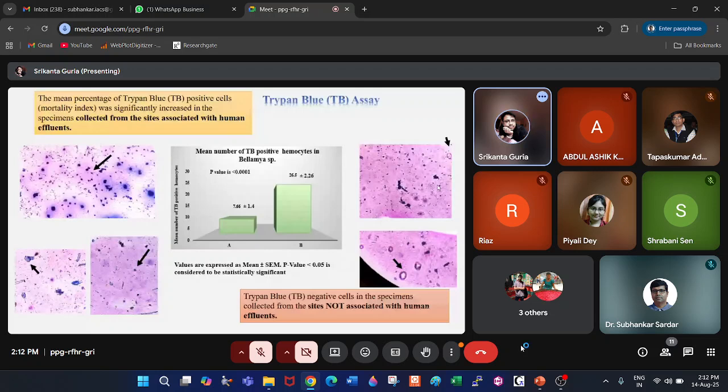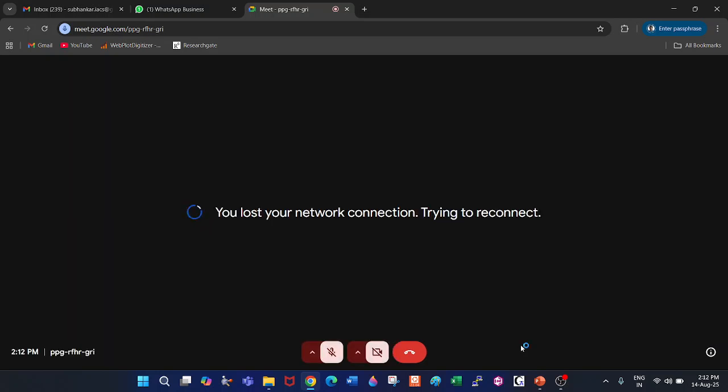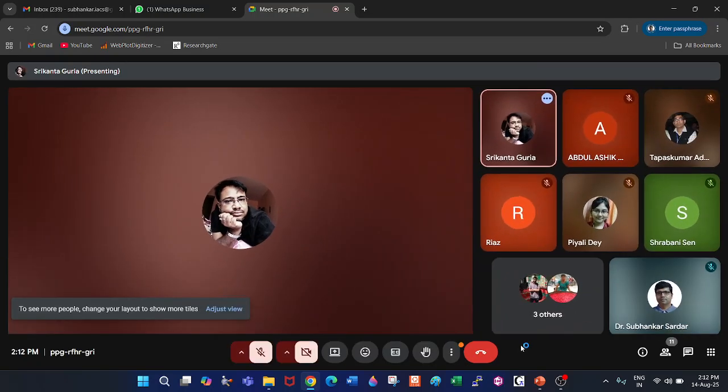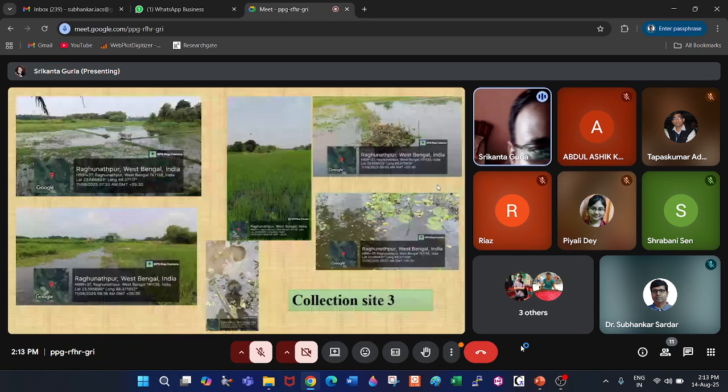The mean number of trypan blue positive cells in Belamnia, that is the mollusca, is high in the polluted area, and the p value is 0.0018, which is also statistically